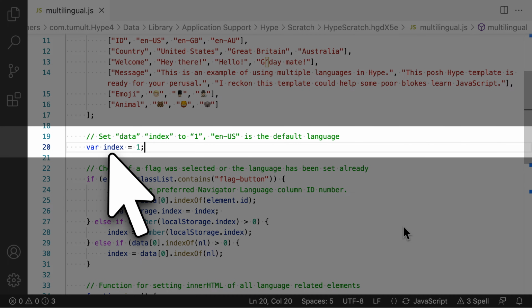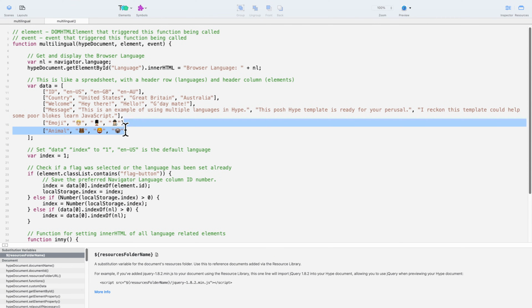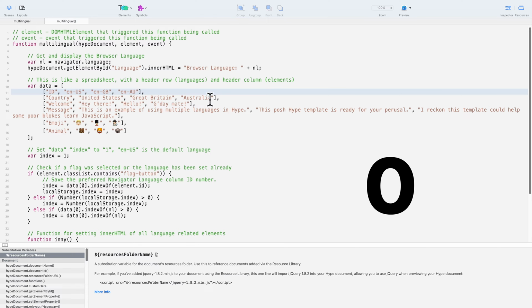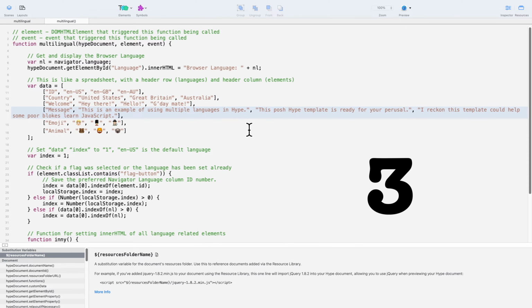For the next part, I'm setting a variable called index to have a value of 1. The name is something that I picked. It represents the index number to be used in the array. It's also important to remember that JavaScript arrays start at 0. That sounds very technical, so here's a way to understand what's going on. Just count.